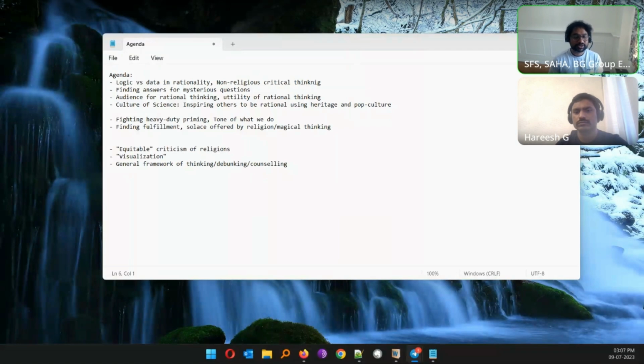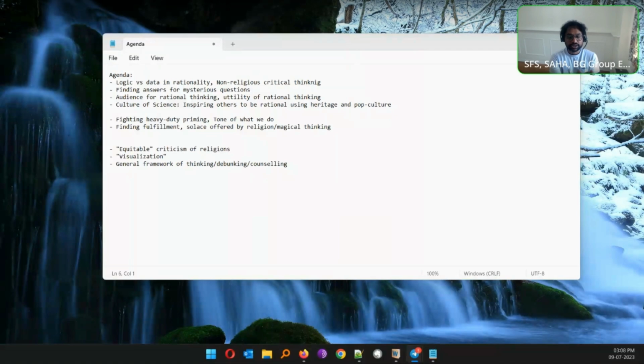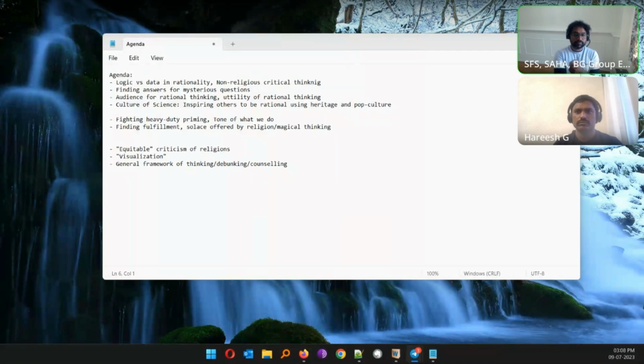We can delve into further utility also in detail, but coming back to the point of audience for rational thinking, and how do we deal with the audience? I'll just say one thing here, and I'll open it up. We should look at the audience for rational thinking in the way we look at the audience for a particular type of communication. From my personal experience in communicating on these matters with a variety of people in personal life and also outside, and also looking at what the rationalist associations and their spokespeople do,